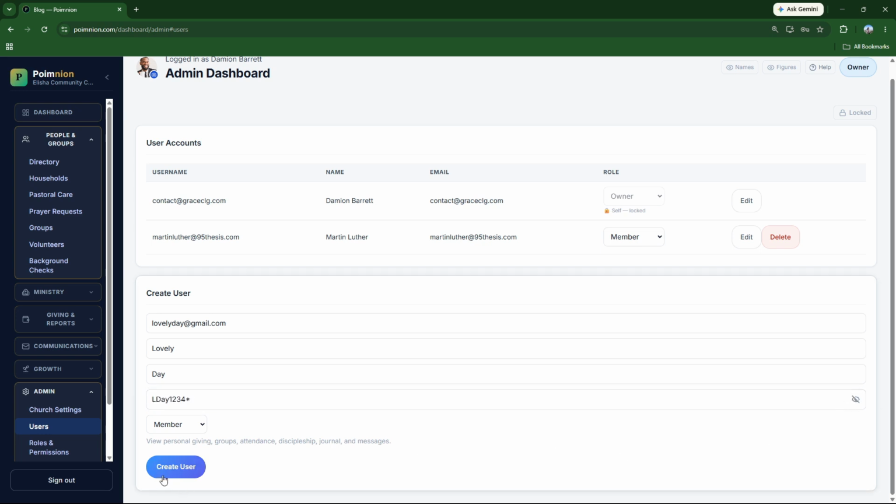and then you click create user. Whenever you click create user, that user is going to get the fact that an account has been created for them on Poimnion into their email, the email that you put here. And they're going to get their name, and then they're going to get the password. All of that is temporary because once they log in, they are going to need to change their password as well. Or you could just leave this blank